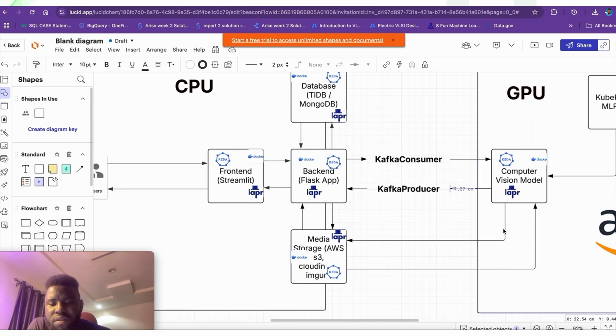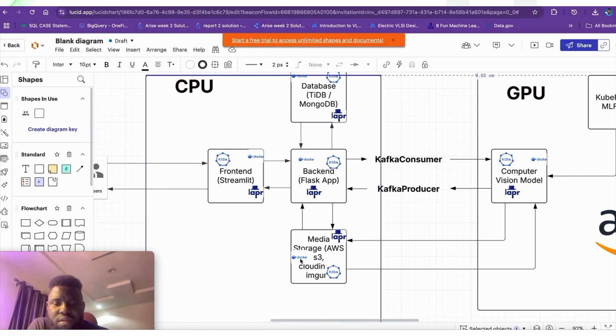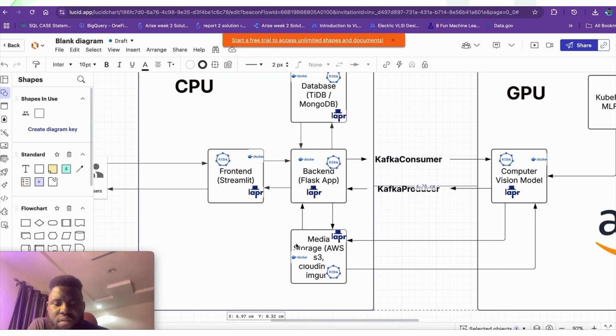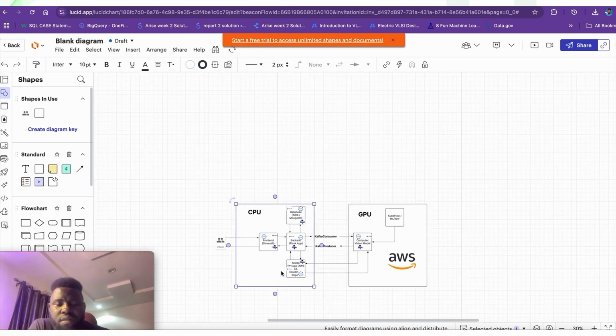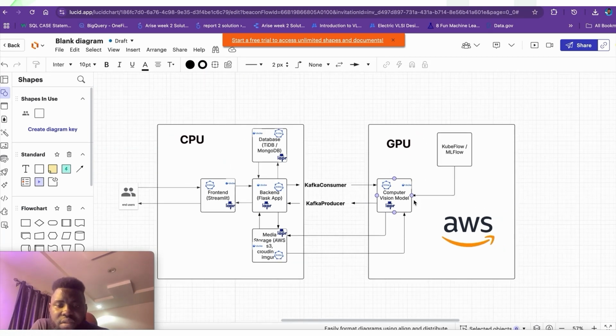All right, so let's put this back. Let's put this back. Okay, good. So the reason why I didn't move it was because the GPU